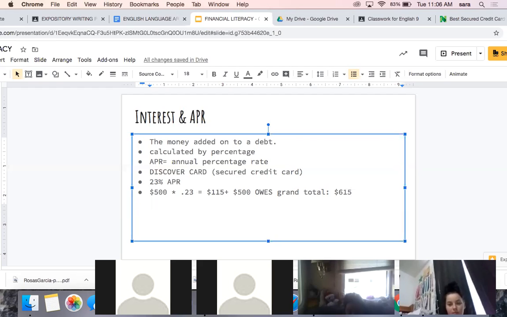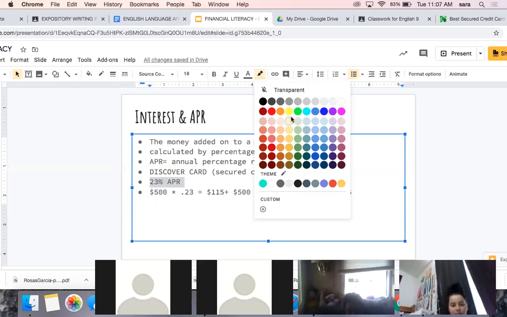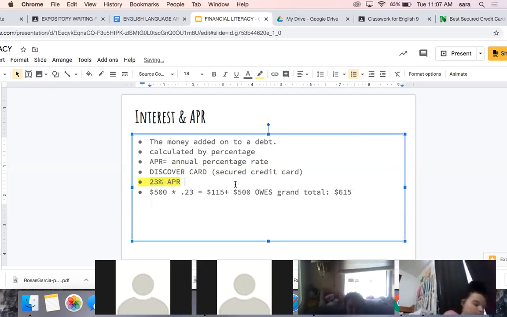That's how banks make their money. They charge you something really pretty called APR. And a lot of people think, oh, well, that's only a year. Yes, it says annual, meaning yearly, right? No, it's not. A lot of credit cards have this tiny, tiny writing that says we charge interest every single month. Some of them charge interest every single day. So you have to be very careful, okay?